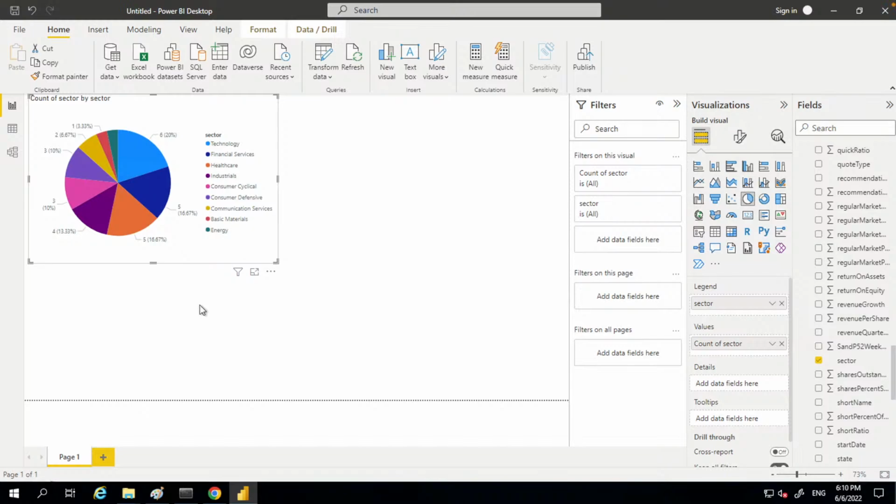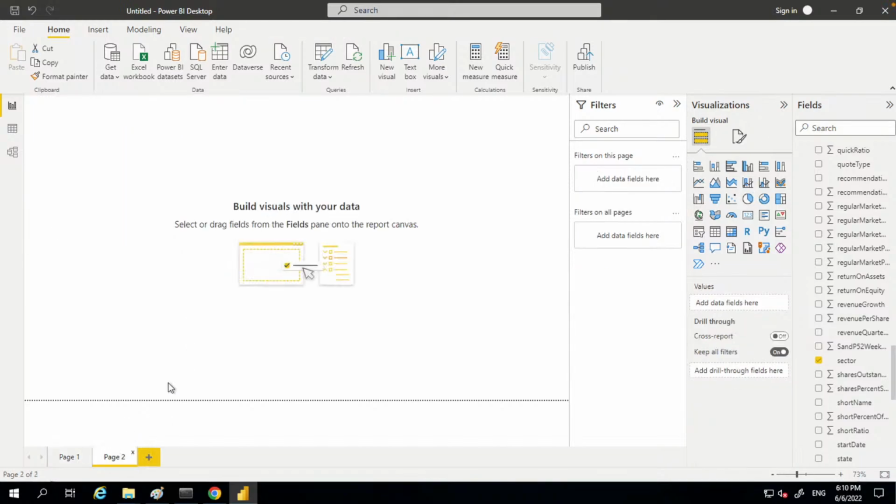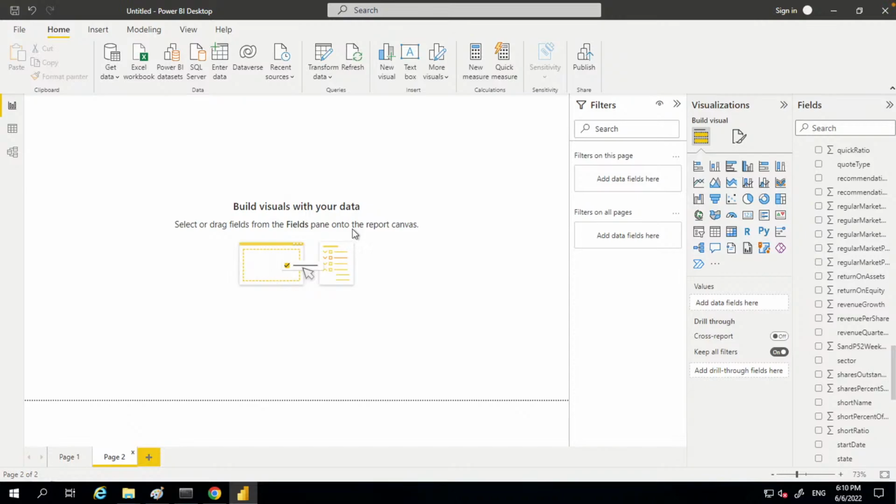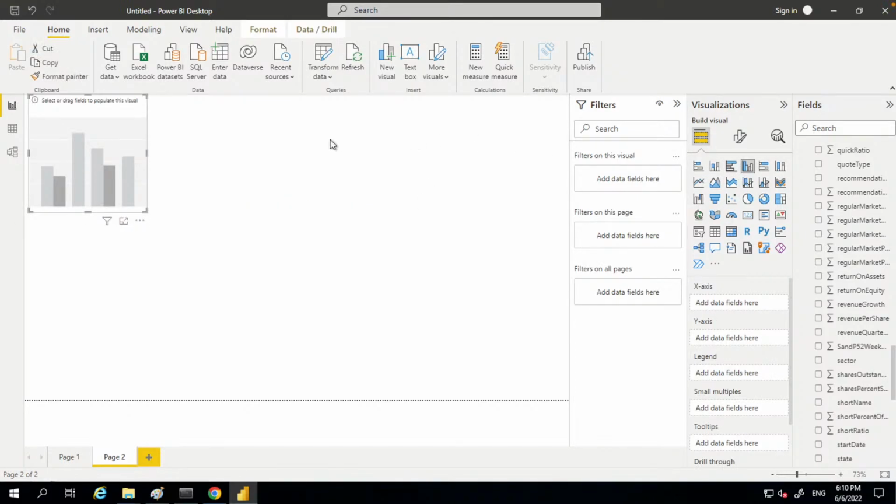So let's do some comparisons of stocks. Let's just open up a new page. Normally you are putting all kinds of charts into one page and trying to build a lucid and good dashboard here. But I'm just showing you some things you can do with that, and you can build it for yourself if you're interested in that. So first of all, let's take a look at a clustered column chart